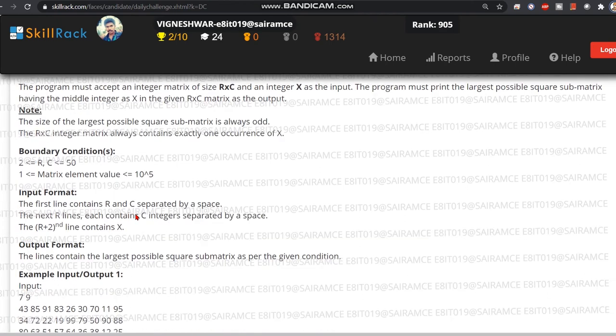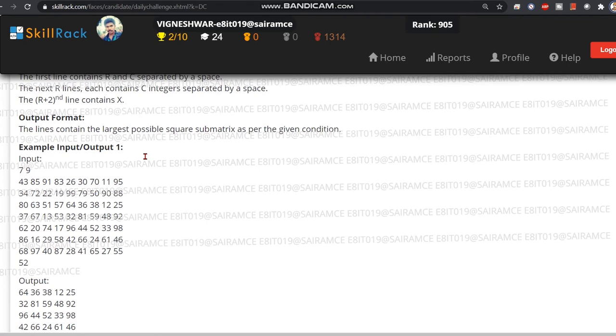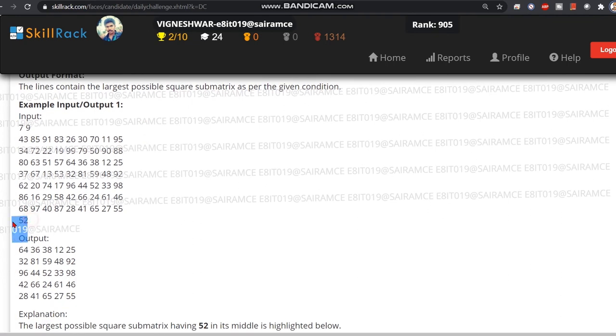They have also given a note that the submatrix that is formed is always going to be odd, and in the r into c matrix, that is row into column, the occurrence of x is going to be exactly once. That also we have to consider. If you find 52, we have 52 here.